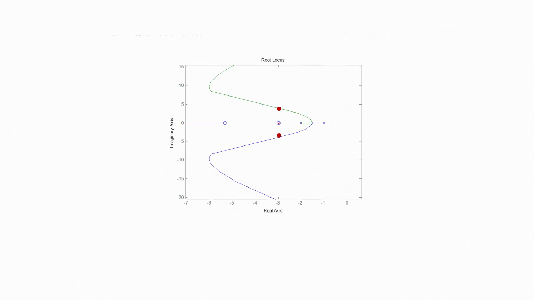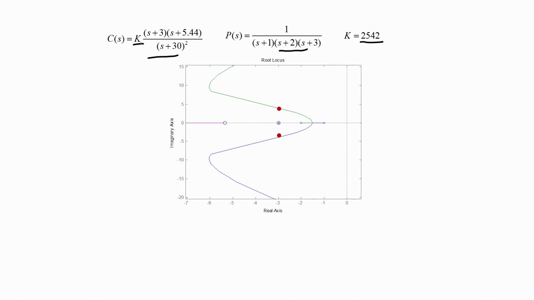So in the next slide I have plotted the root locus for the overall system, namely this particular controller C of S and this particular plant P of S with the gain 2542 as the controller gain, and you notice that the closed loop poles would be located exactly where we want them to be situated. The other closed loop pole would be located on this particular branch of the root locus, and since it is significantly to the left of these two poles, that pole will not be a dominant pole of the closed loop system, and hence will not significantly affect the dynamics of the closed loop system.